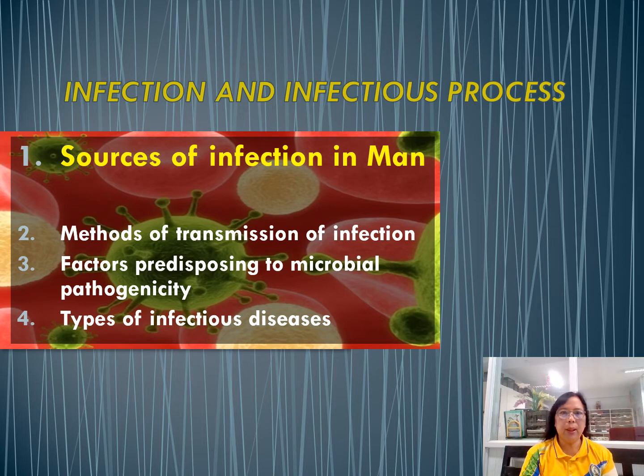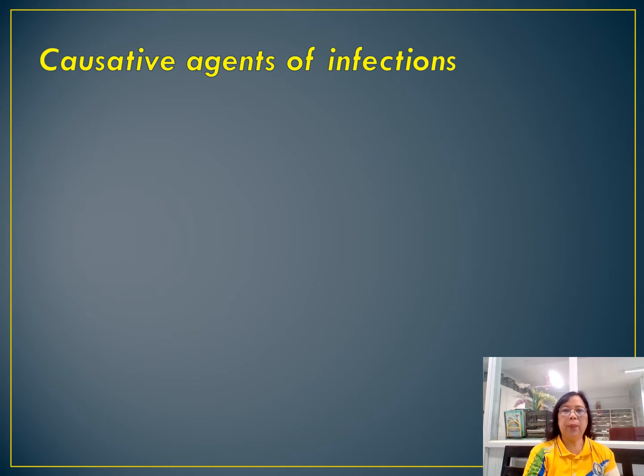Our next topic is understanding the infection and infectious process. First we are going to trace the sources of infection in men. The causative agent for infection refers to what causes the disease. The causative agent might be a pathogenic microorganism present in a certain area that might not be able to multiply or may even multiply, causing severe kind of